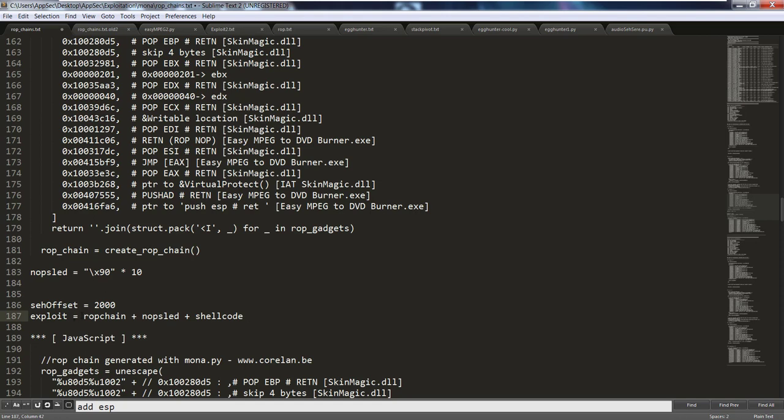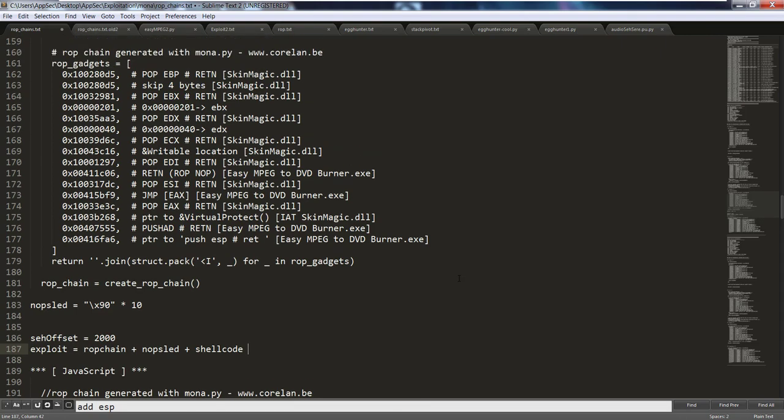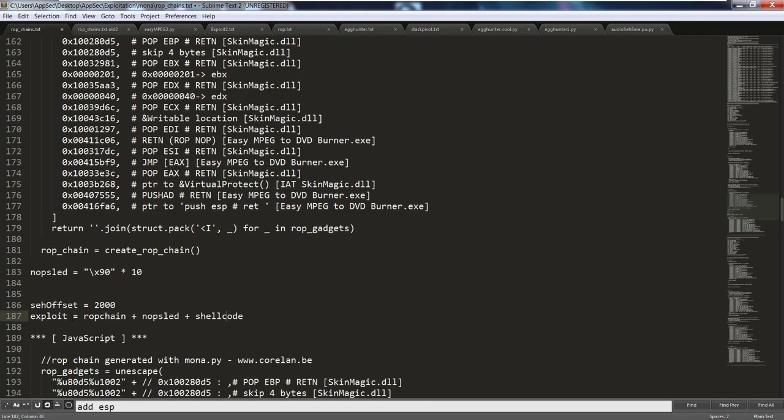And if we go and count these and add these up, that's not 2,000 bytes. It's not even close. So we need to fill the space in order to have our SEH overwrite, because as it is right now, it's not going to happen. Now you could manually go and add all these up, but that would be kind of tedious. One thing you could do, and this is a more clever way to do it, is we could have something like, say, A, which is 1 byte, and we could multiply that times